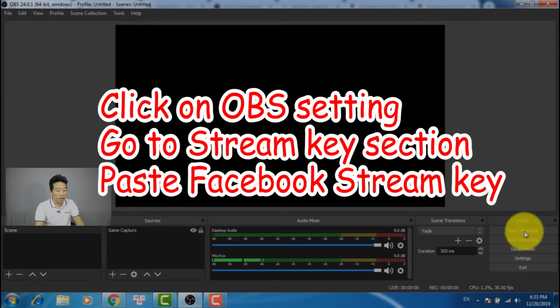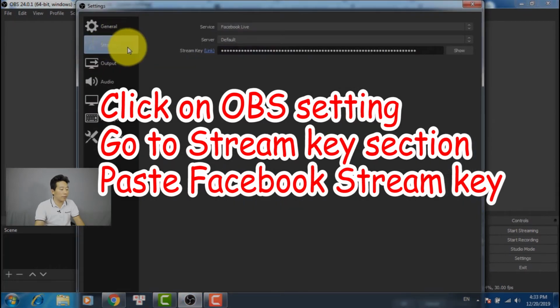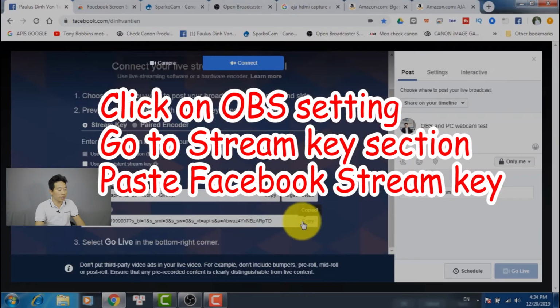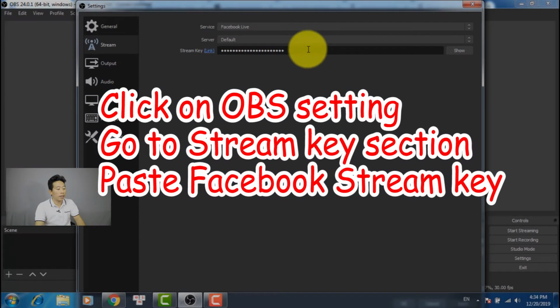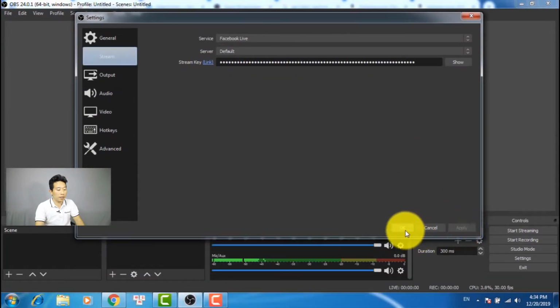Okay, I stopped the previous streaming, and I click on setting again, and click on the stream, and on the stream key area you paste the stream key. Oh, sorry, I copy again, copy the stream key, and I paste into this area, and then you click on apply, and okay,